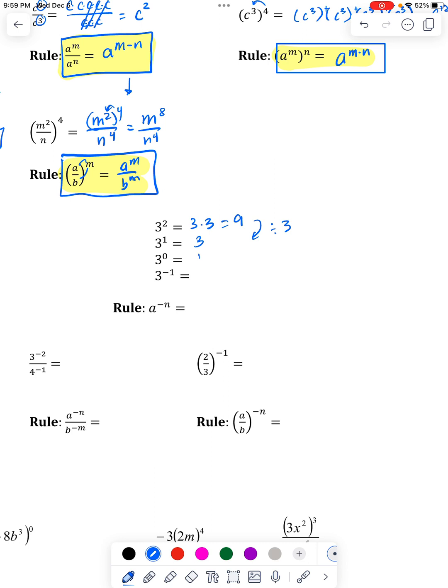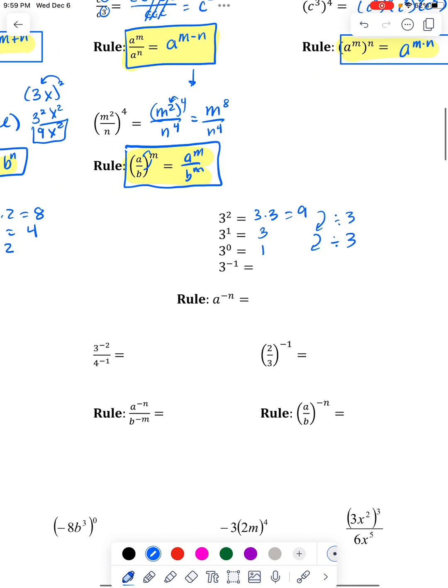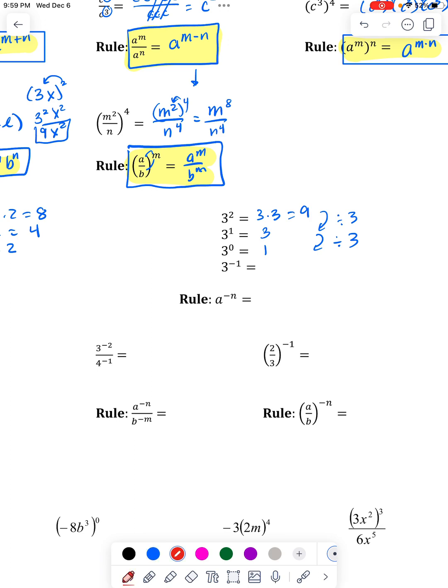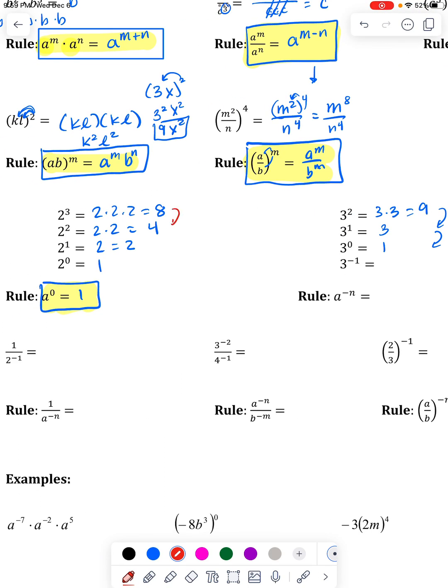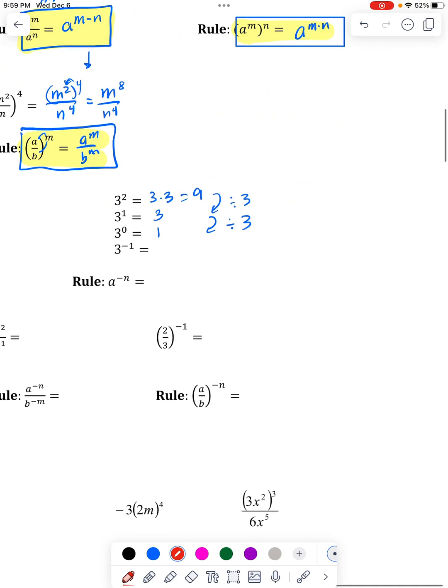3 to the 0 is 1. You're dividing by 3, because powers are repeated multiplication. To go backwards, you end up dividing. Same thing over here if I looked at these numbers. To get from this 8 back down to the 4, you would have divided by 2. To get to here, you would have divided by 2. To get to here, you would have divided by 2, because that's what you were multiplying by on the way up. So what's tricky here is this is taking one additional step, and you would divide it by 3